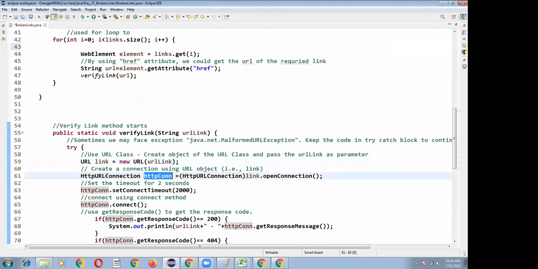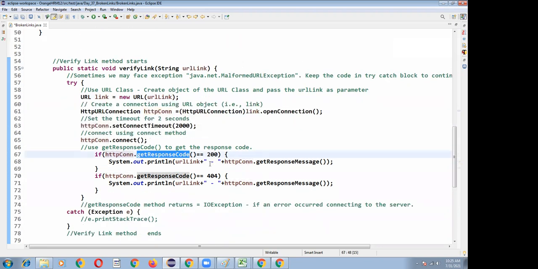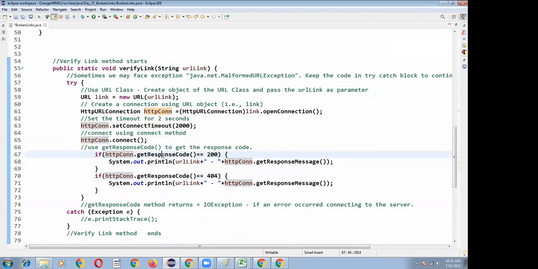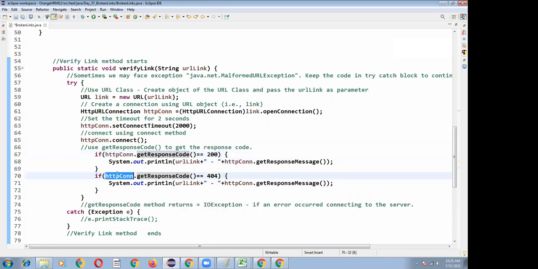If the HTTP response code is 200, that link is working fine. If the response code is 404, we can say that hyperlink is a broken link.